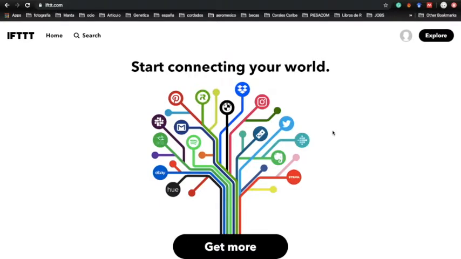For the first step, we're gonna go to ifttt.com. There you're gonna create an account, and then you're gonna use your phone to download the IFTTT app. You're gonna log in there as well. That was step 3. So for step 4, you come back to your computer and you're gonna click here